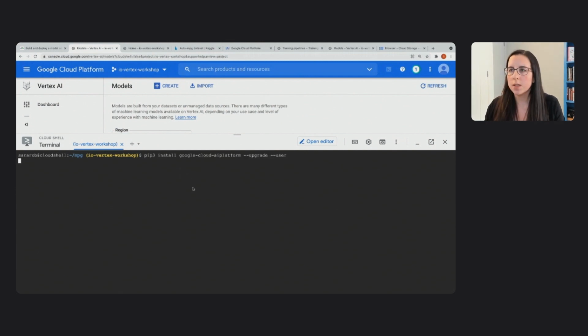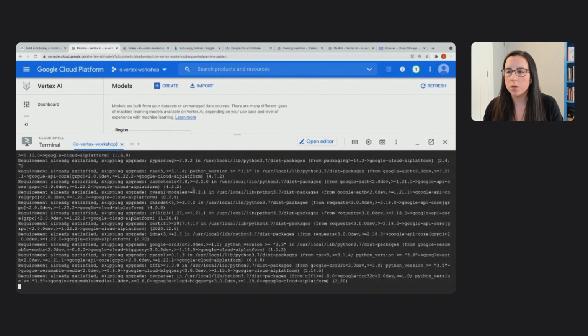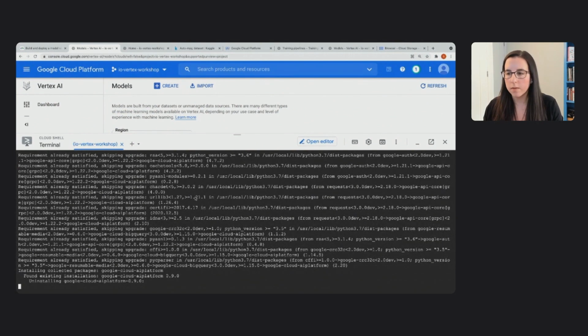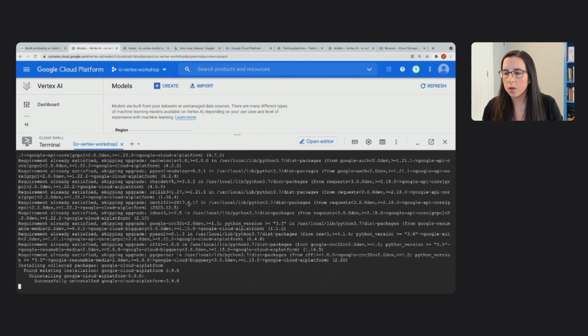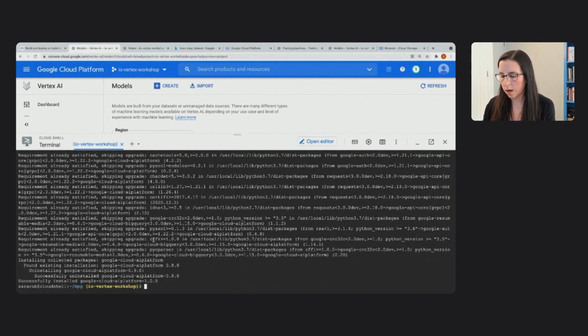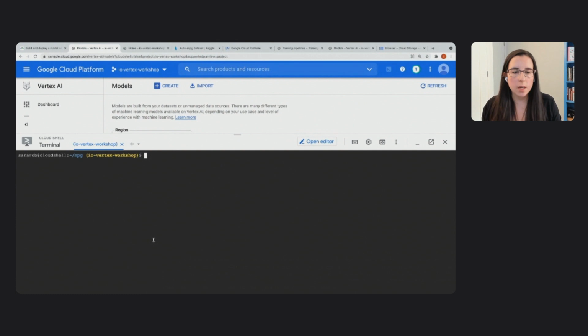And we can use this SDK to do all sorts of things in Vertex AI. We can use it to create data sets, and I just want to make sure I've installed the latest version correctly. Looks like I have. We can create data sets, training jobs, deploy models, get predictions, get batch predictions, lots of things that I haven't listed there. And you can take a look at the docs if you want to learn more about how to use the SDK. In this case, we're going to be using the SDK to create a model and deploy that